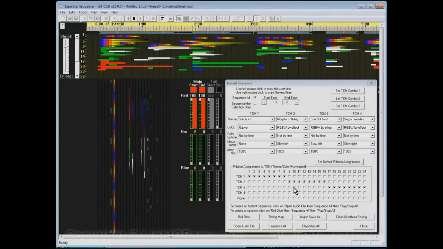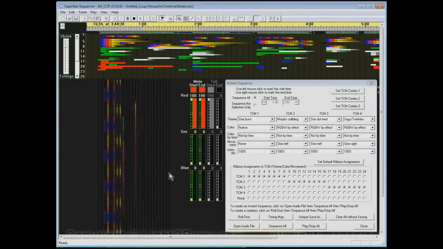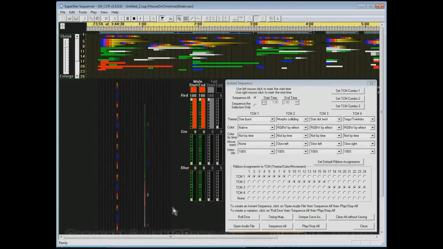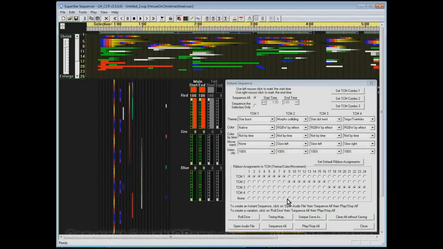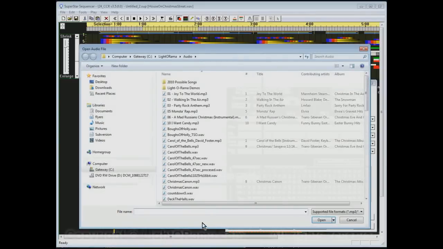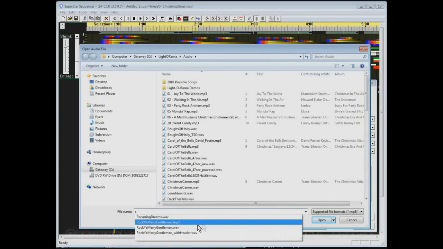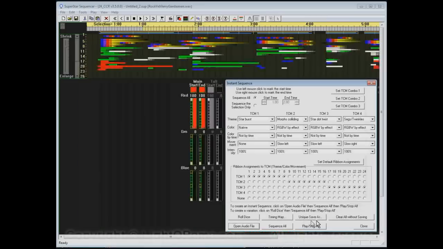House on Christmas Street works very well for instant sequence because her voice and the instruments in the song are very distinct, and they are about the same volume throughout the whole song, so it sequences very well with instant sequence. Now, for this tutorial we want to show how you can change the settings for a song that's not so easy to sequence to. So I'm going to click on Open Audio File, and I'm going to select Rock You Merry Gentlemen,